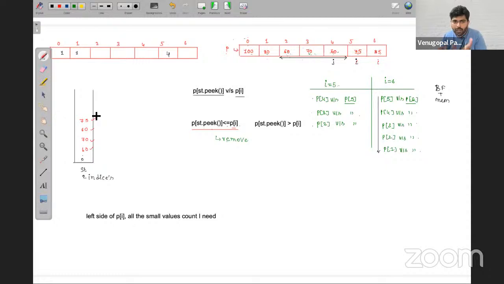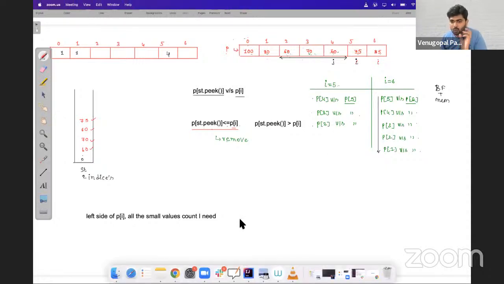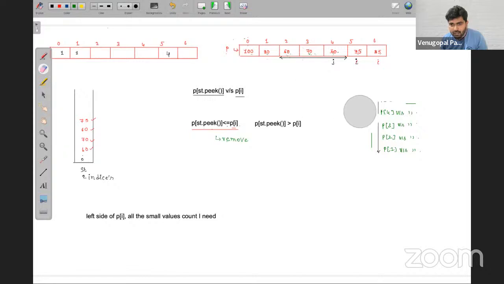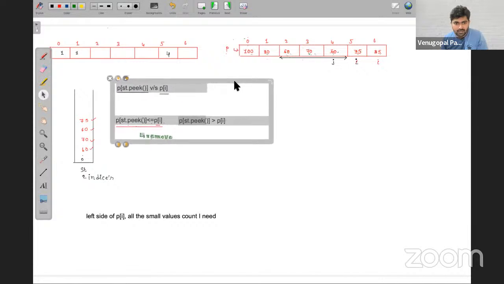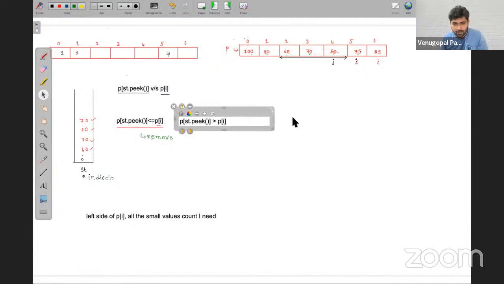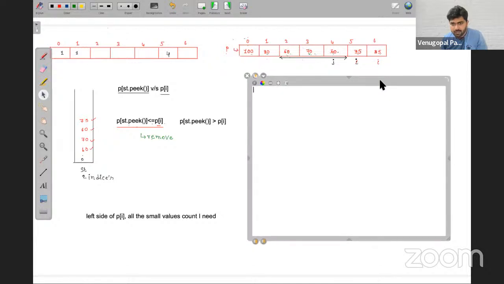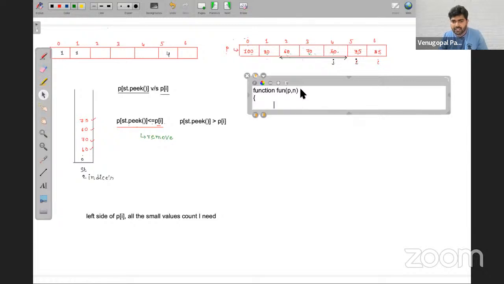Right? Okay. Now let me see how I am going to implement this code. So I am going to remove all these things, friends, so that I will write everything in one page only. Let me move this to the left side. Now carefully observe how I am writing the code. So here itself, I will try to write the code. So let's say function fun, it will take the price array and the number of elements. So let me increase the font size, right? These two things it will take as an input, friends.